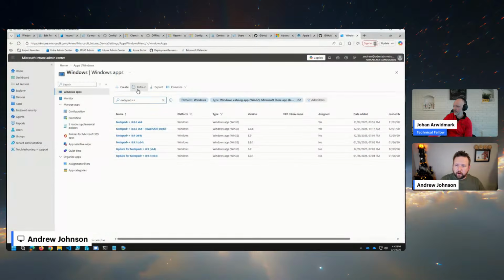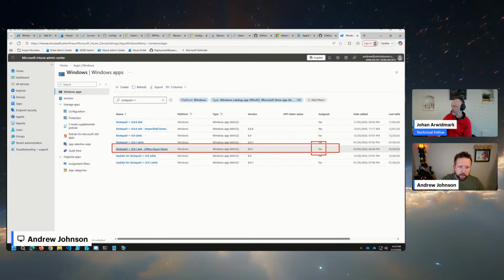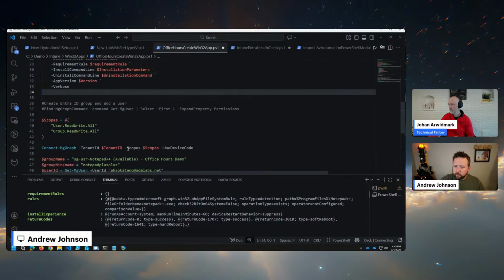So if we head back here, refresh, we now have our Win32 app. Now, by default, of course, that application is not going to be assigned to anything. We need to be able to do that. You can see right here, off to the right, not assigned. And if we scroll down just a little bit further here,